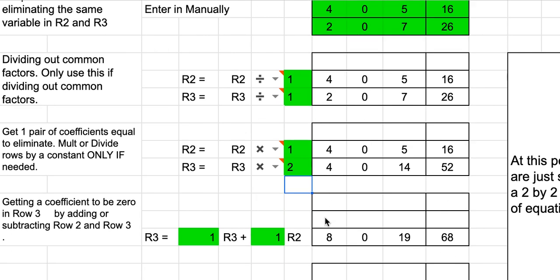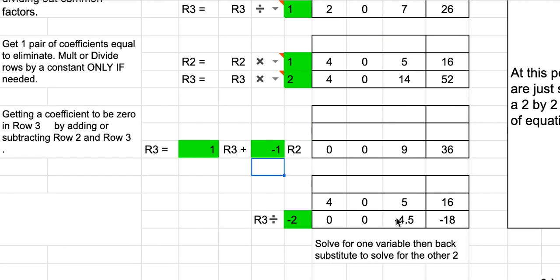So now what would I do? Well, ask yourself, for this here, what would you rather have negative, row 2 or row 3? If you want to maintain positive numbers, you're going to have negative of row 2 plus row 3. And that works here too. So it's going to be row 3 plus negative 1 of row 2. And look at that, we end up with,